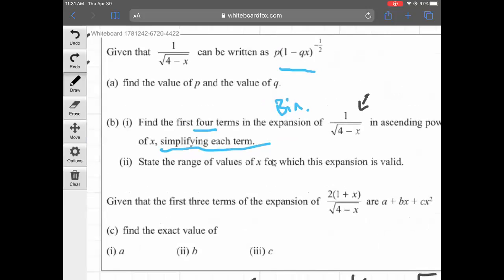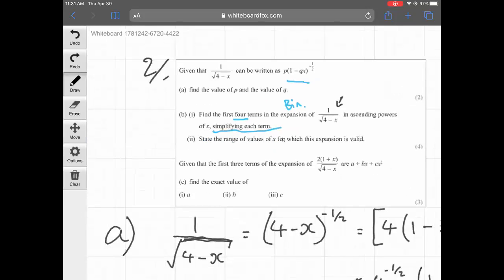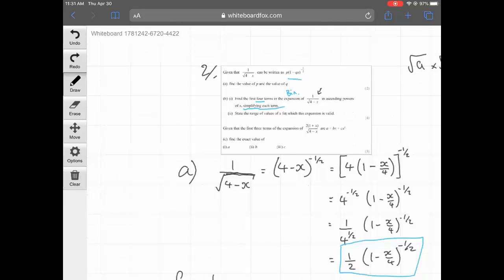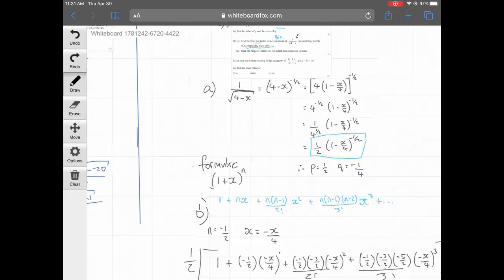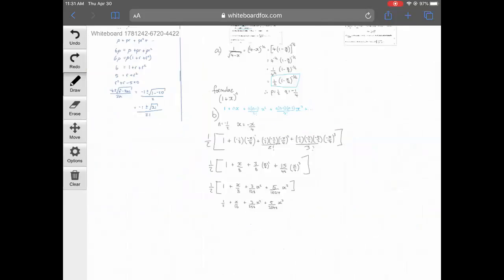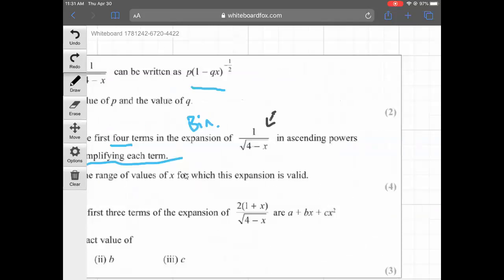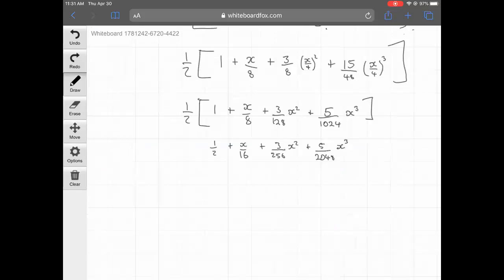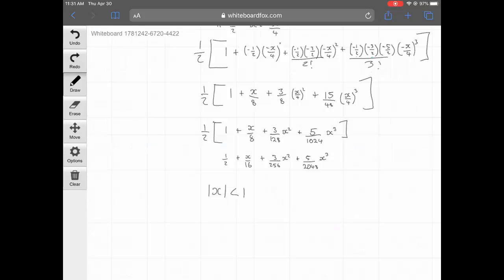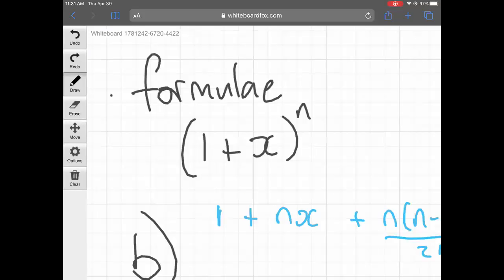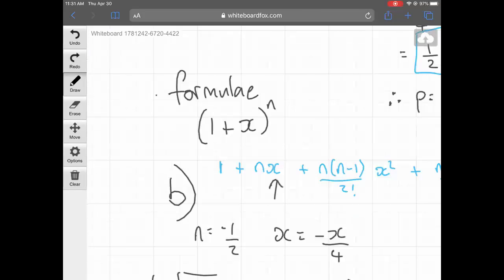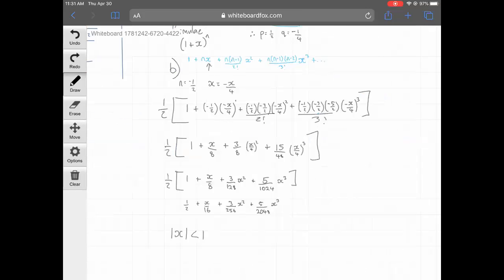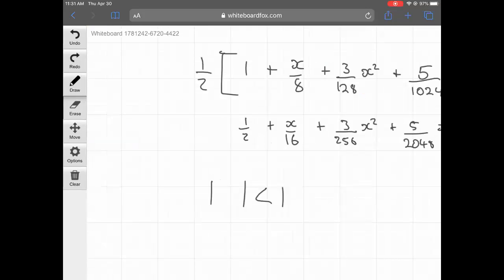So the last part of B is to state the range of values of x for which the expression is valid. So this is actually really easy, but you just have to remember it. So with these expansions, they're only valid when, and I hope you remember this because it's an infinite series, the modulus of x is less than 1. Coming from the x from the binomial formula, right? So for this specific one, it won't be x, it will be minus x over 4 is less than